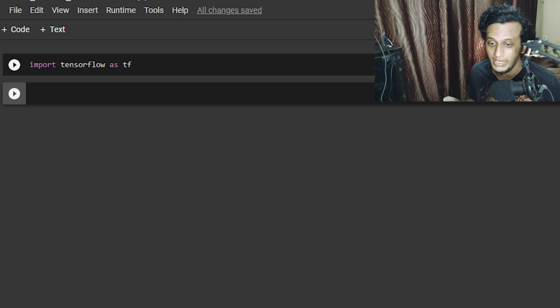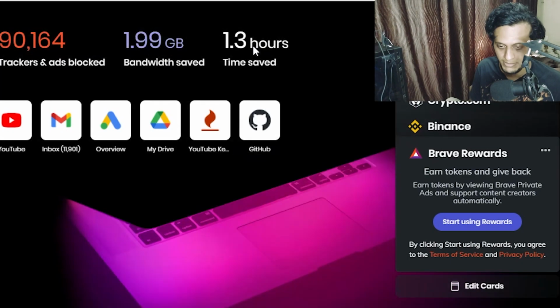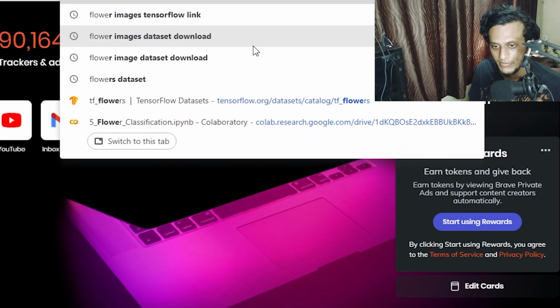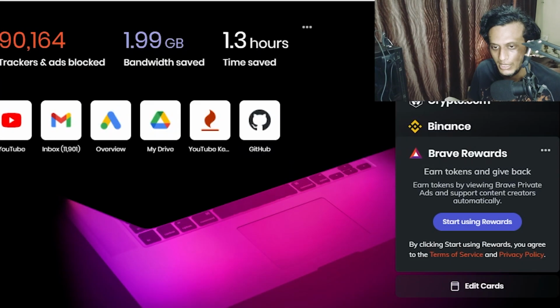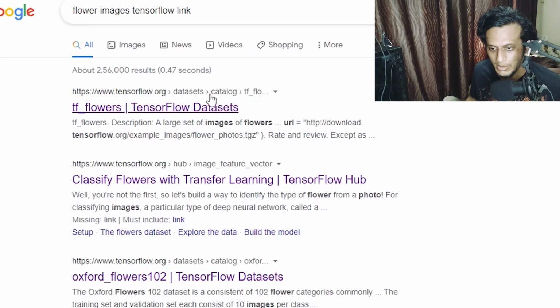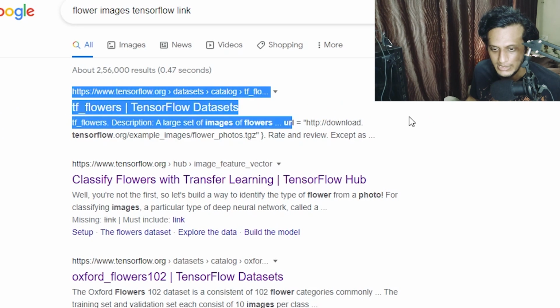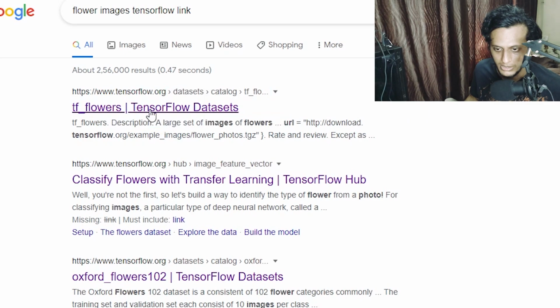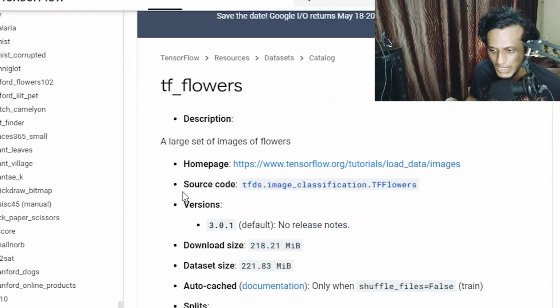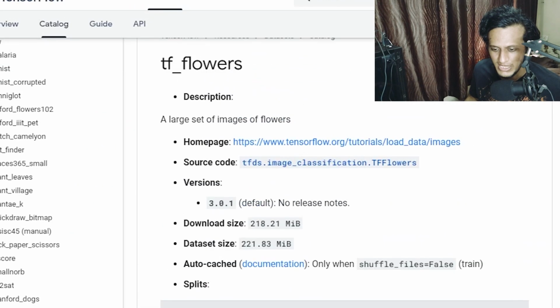The way we can do it is, in a new tab, try searching flower images TensorFlow link. You will come across this link, TF flowers on the TensorFlow datasets, and this is not sufficient if you ask me. We need an appropriate link where we have the actual link.